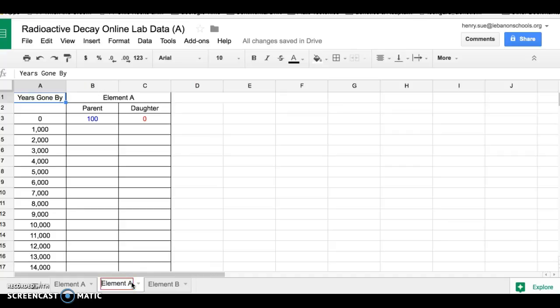I want to change the title here because I've already done B. I want to do element C now, so I'm going to change this title to element C. Now I have the exact same sheet for A, B, and C, and I've just copied it. So go ahead and pause this and set up all of your tabs for elements A, B, C, and D. And once you do that, then you can click on the link to go